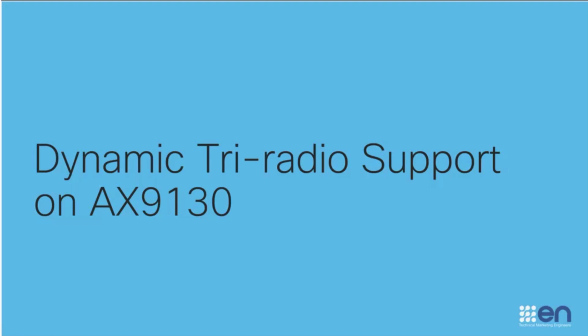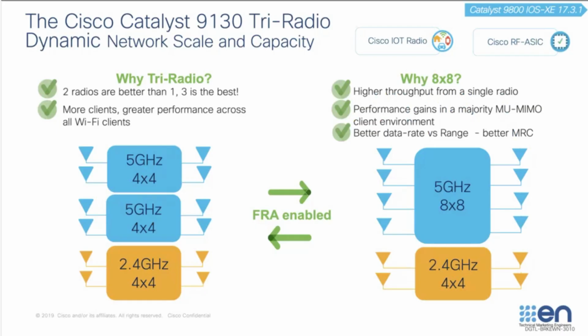So the 9130, as you know, has a really cool differentiating feature compared to the rest of the access points. It's called Tri-Radio. What this means is that we can run 8x8 5 gigahertz or dual 4x4 5 gigahertz radios on the 9130. This feature has been there even prior to 17.3, but I'll highlight in these slides really what's new with 17.3,